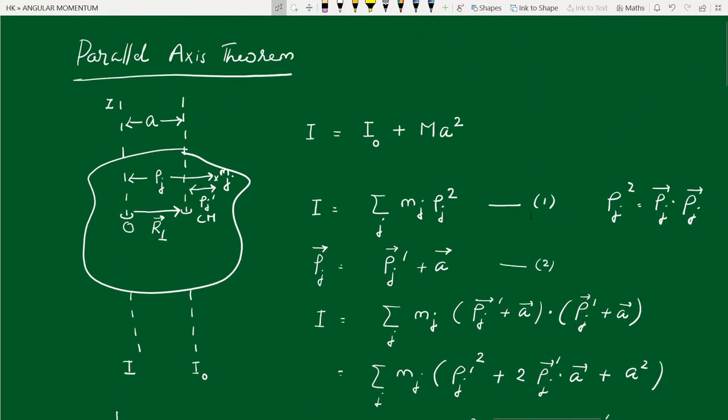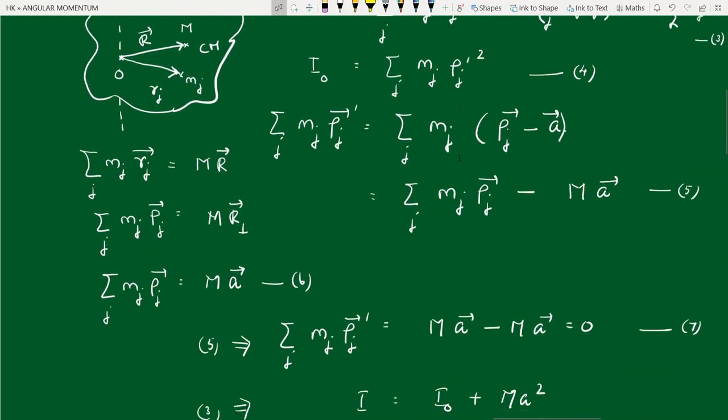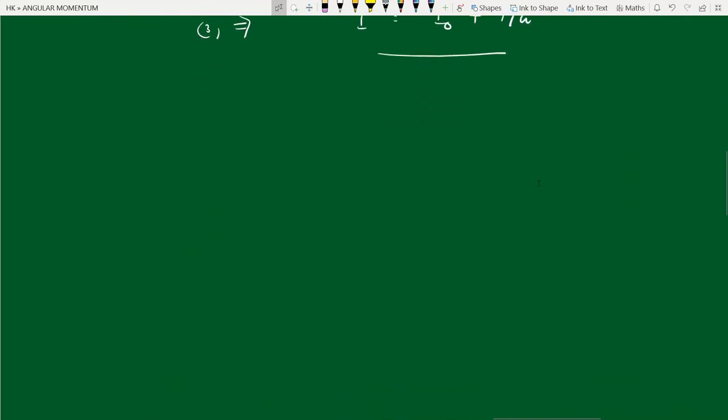Okay, so once again coming back to the theorem, the moment of inertia of a rigid body about any axis, and this general axis we simply call the z axis, is equal to the moment of inertia of the same body about a parallel axis passing through the center of mass, that is I0, plus the product of the total mass of the body and the square of the distance between the two axes. This is called the parallel axis theorem. So what is the applicability of this parallel axis theorem? Let us look at a few examples.